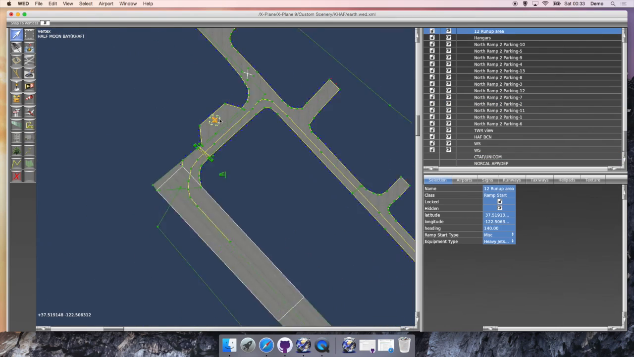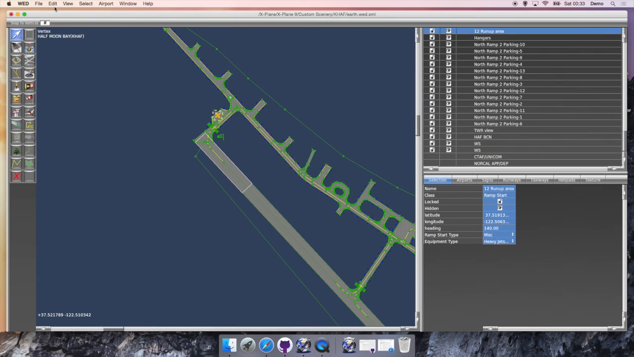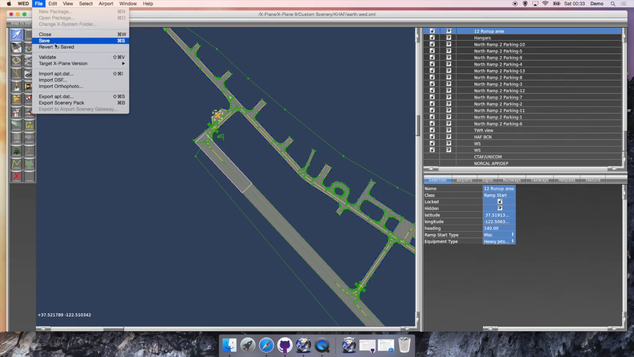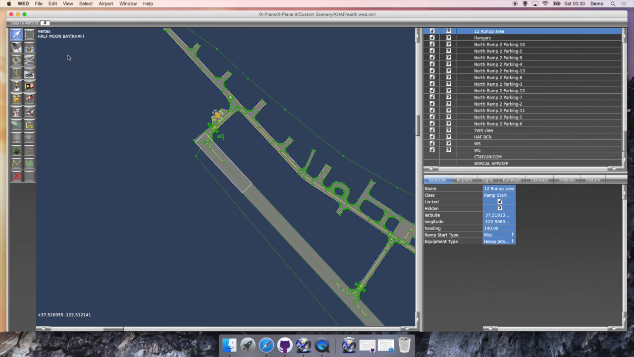I'm going to go ahead and make some changes now. I'll speed these up a bit, and now we're going to save them. So go to File, Save to start with. Next, we need to export them. So go to File,